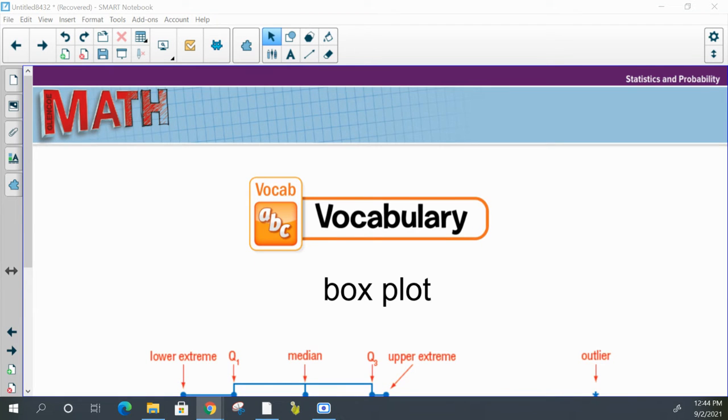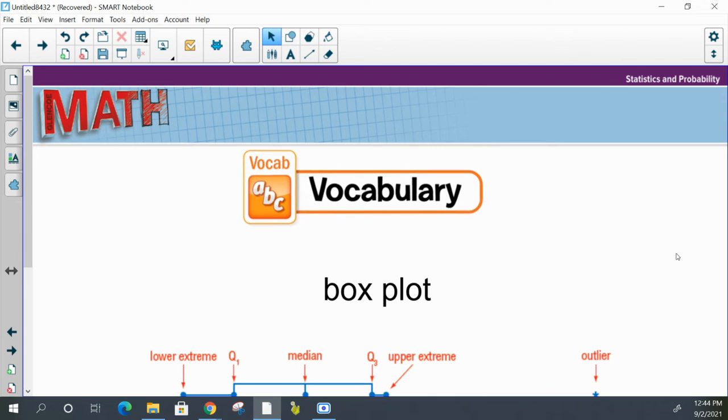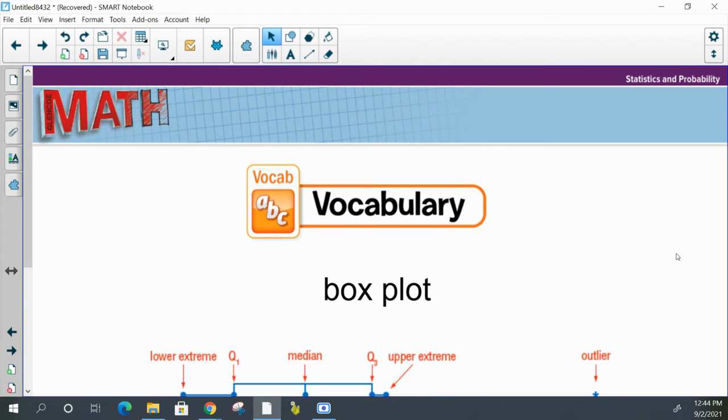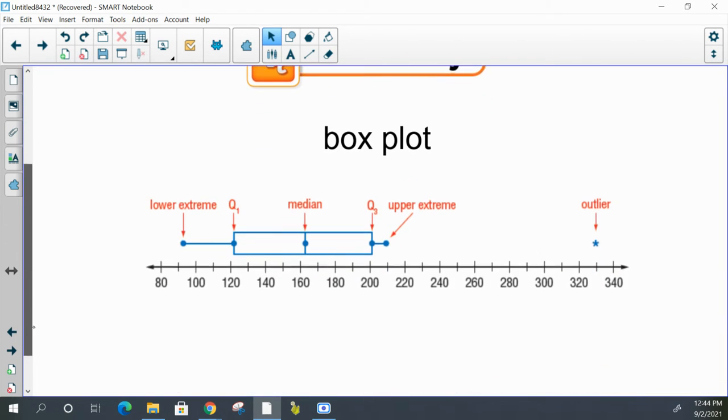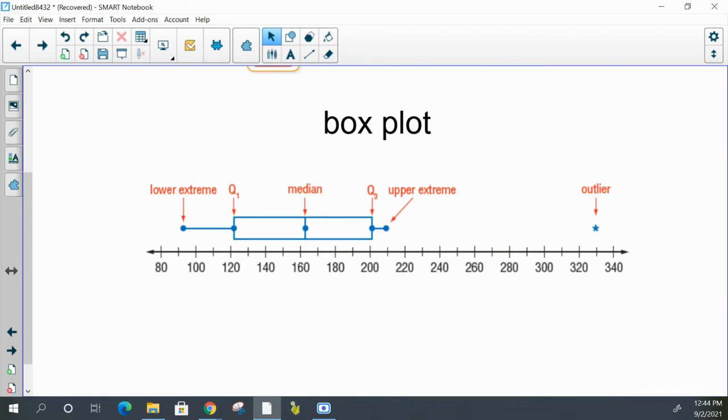So today you're going to learn how to do a box and whisker plot. Box and whisker plot. So up at the top in that pink, like I always say, the important stuff is